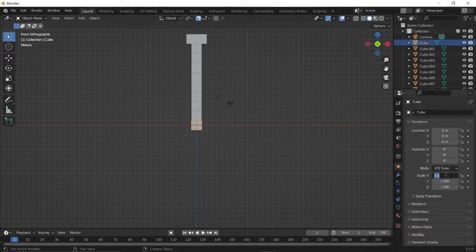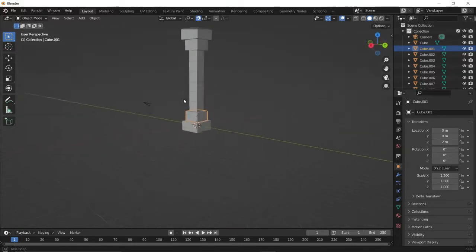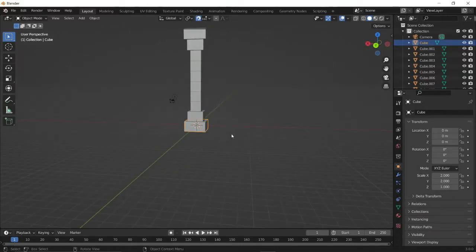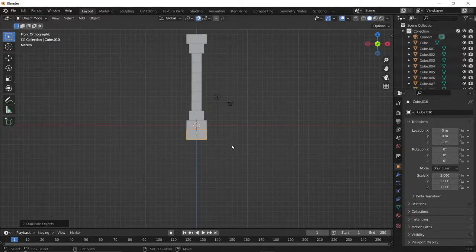Then I resize the top box to 2 scale on X and Y axis, and the bottom box also 2 scale. Then I resize the middle box at 1.5 so that it looks a bit attractive. I just press 1 to make it transverse again.